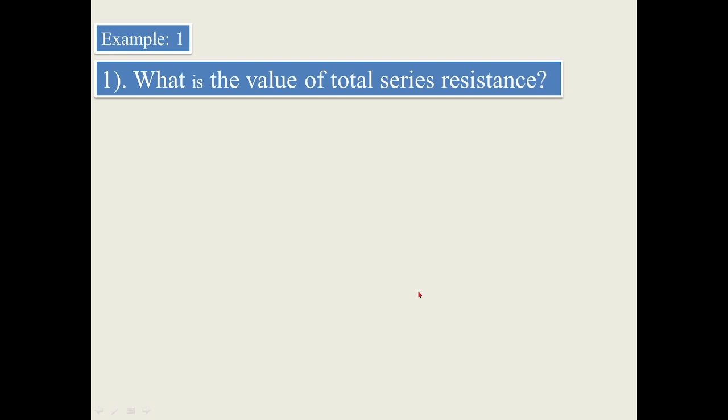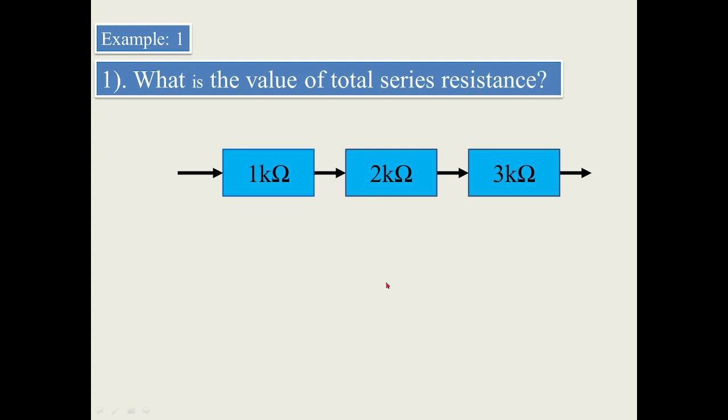In order to understand further, we'll go with an example of series and parallel combinations. Now there is a series combination of resistors. This is rectangular form. It is also an impedance form of the resistor. So 1 kilo ohms, 2 kilo ohms, 3 kilo ohms. They are symbolized in the same fashion when you have individual resistors in series.